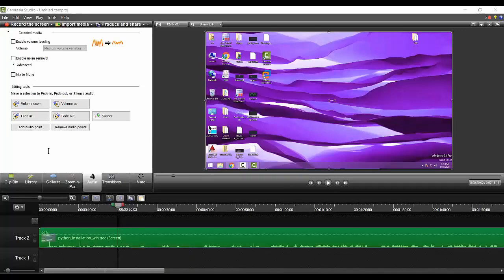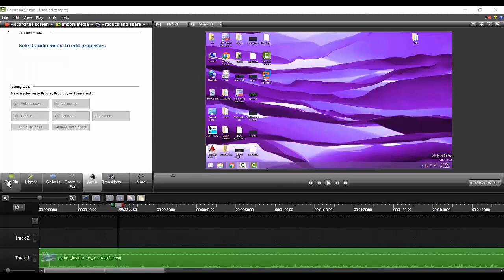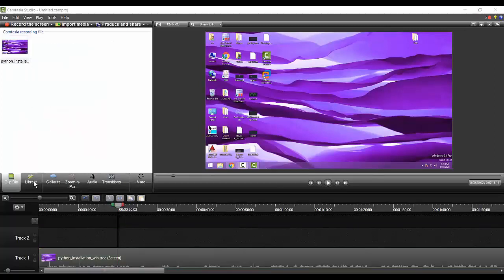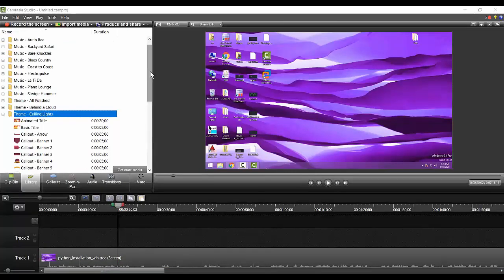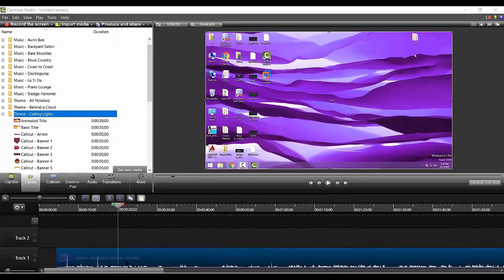Apart from that, what are the things I told yesterday? This is the clip bin, where whatever clips you have, you can bring them here. This is the library, and the library is basically used to create some kind of intro. For every video you can see there is some kind of intro. Right? So in order to